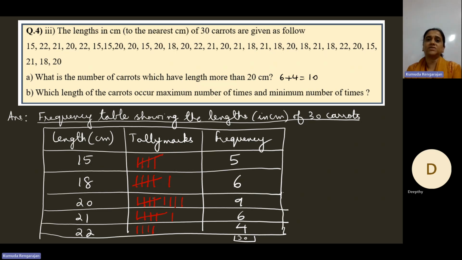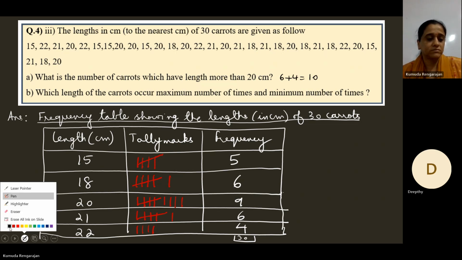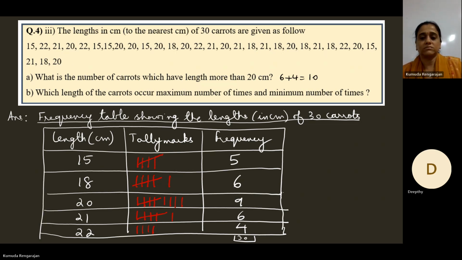For A, the answer is 6 plus 4, 10. For B,